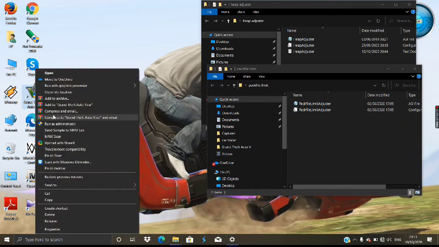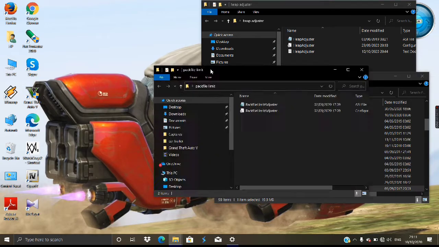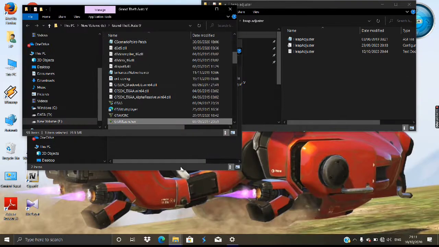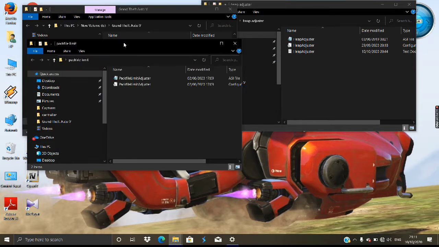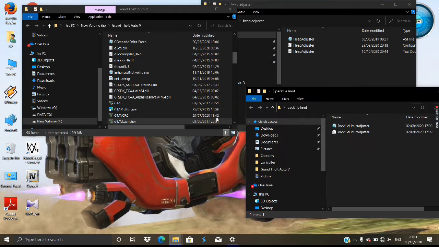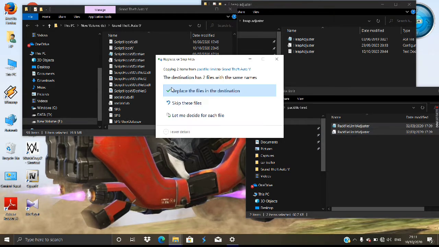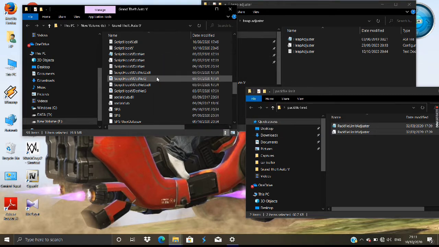So open the file location of GTA 5. Now simply drag and drop all the files of both the folders. I have already dropped them, so now I will skip it.